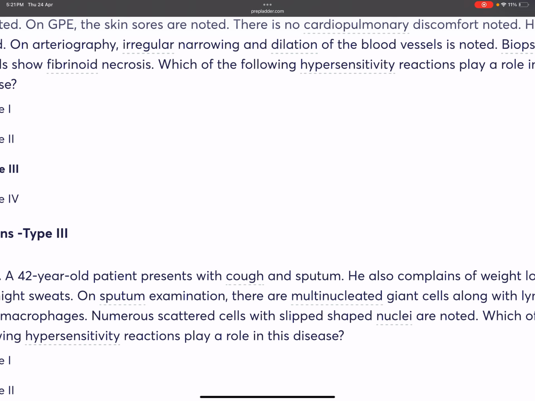And these hypersensitivity reactions are very important and play a very vital role for question solving in ICT, even for PG, even for FMG, even for MRCP, even for USMLE. Any exam you will be going through, you have to remember hypersensitivity.